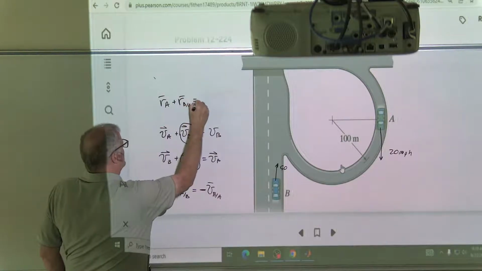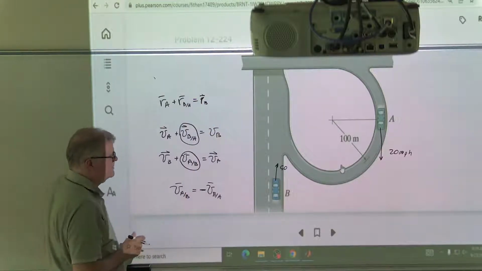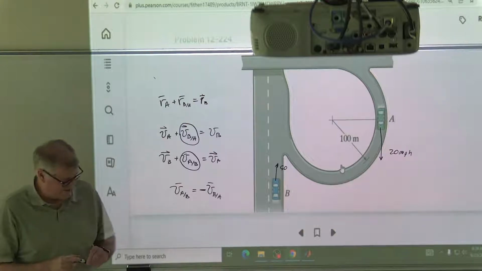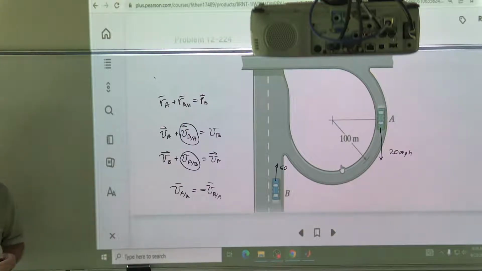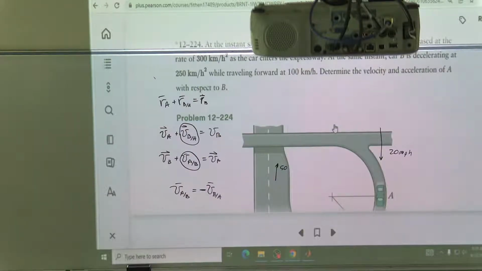And then start figuring out how to break it into components. In this one, he's got something with a circle. The guy's going in a circle. So he'll probably describe 224. I think that's it. Okay. So at the instant shown,